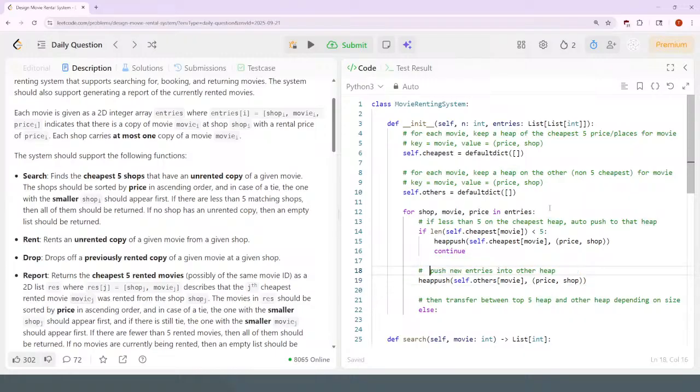So otherwise, what you do is push onto other heap and transfer between it. So then what would happen? You take the top of self.others, you push onto the cheapest, and then